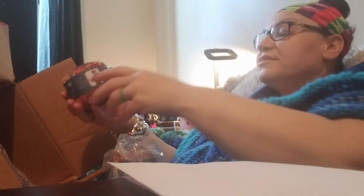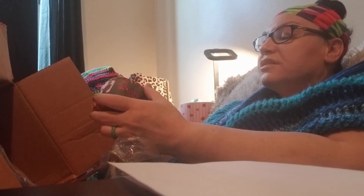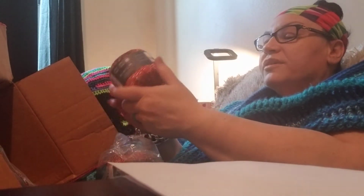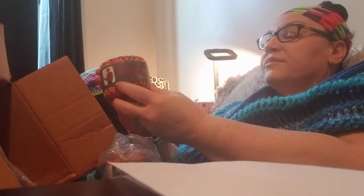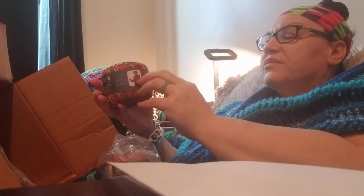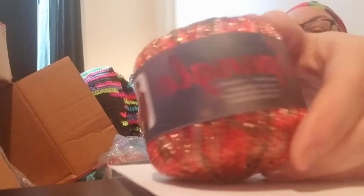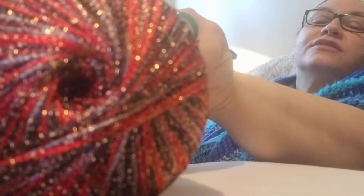Oh my goodness. I'm such a glitter person. Oh, it's gorgeous. My mind's already going, thinking, can I do some lace work with this? What do I have that I can incorporate it with? Thank you for the creative incentive. That is awesome. That is awesomeness for the